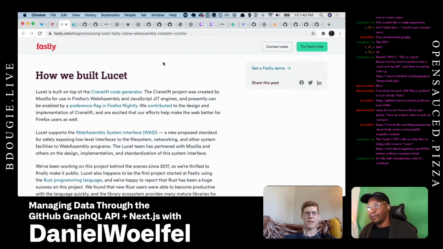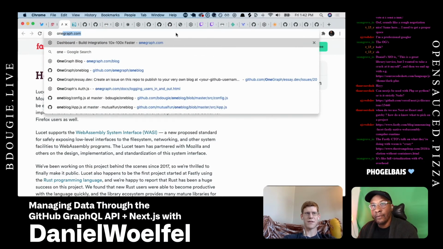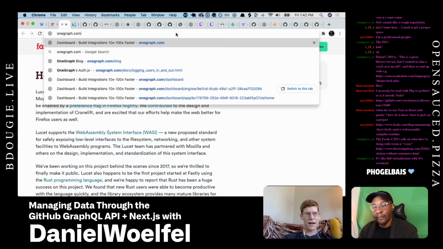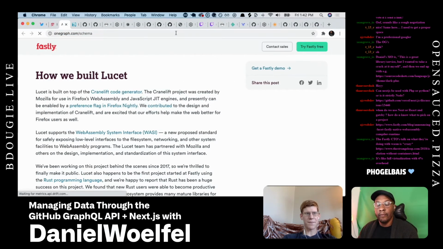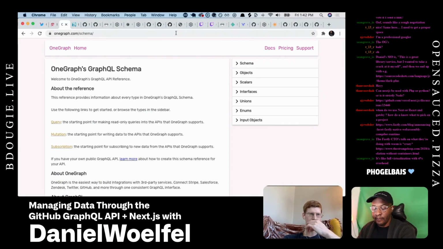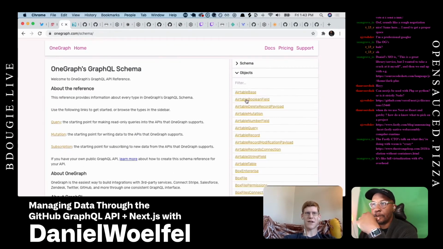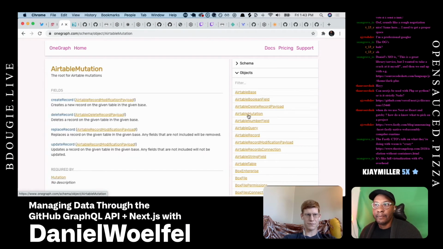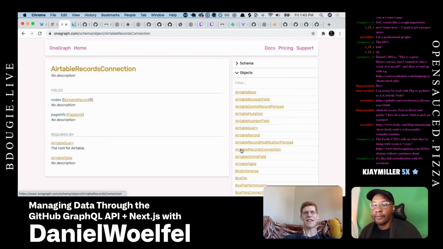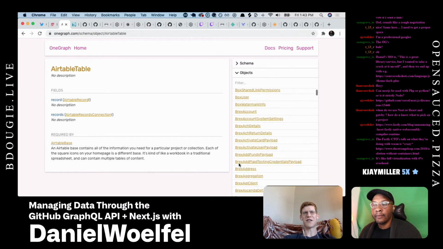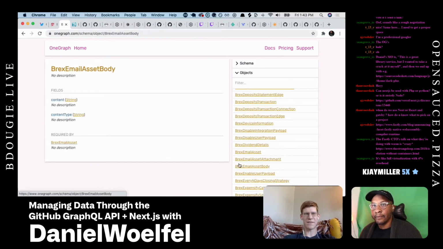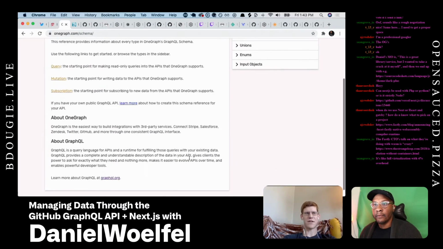So we build our schema docs as a static page. If you go to onegraph.com/schema, that uses Gatsby, and we're really happy with it. It's pretty slow, it takes like 5 minutes to generate this from scratch, but you can really get in there and configure things. It works really, really nicely. I think it's great if you're building a big static page, and they've been implementing a lot more dynamic features.